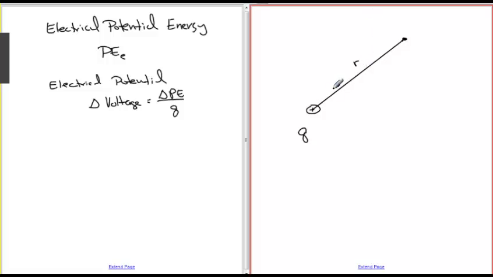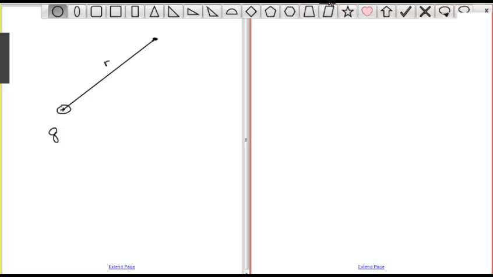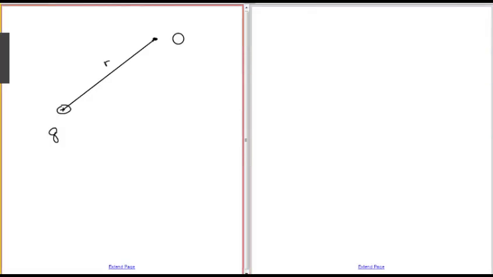So we were talking about how you determine the potential energy associated, or the voltage associated, I guess you'd say, the potential energy as well, but the voltage in space due to the presence of a charged particle which has a charge of Q. And so if you think about it, if we were to draw a little circle here representing some other test charge,